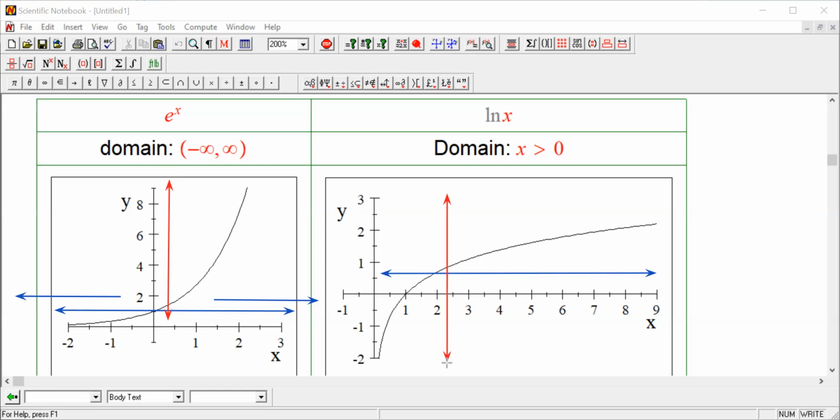If you look at the vertical span for e to the power x, we know the curve will never touch the x-axis. So the vertical span will get infinitely close to 0 but will never touch it. Therefore, the range for e to the power x is